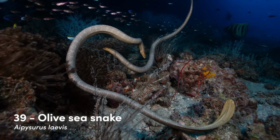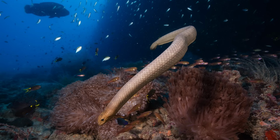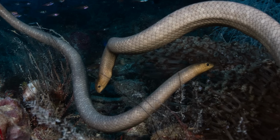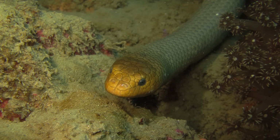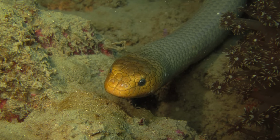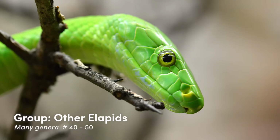The olive sea snake is a particularly beautiful species. They feed on crustaceans, fish, and fish eggs, and are preyed upon by sharks and ospreys. They are said to be the most toxic of all sea snakes, with venom that breaks down their prey to aid with digestion. While we have discussed a few of the main groups, cobras, coral snakes, and sea snakes, there